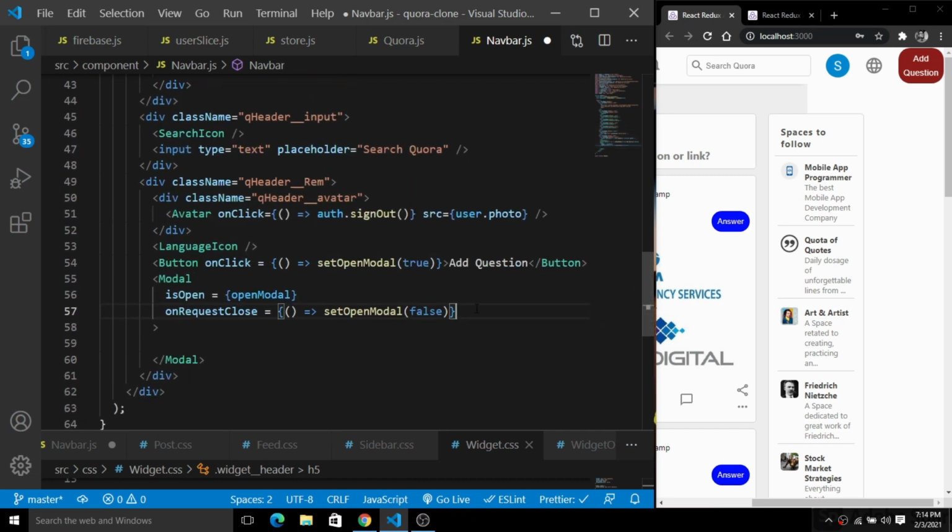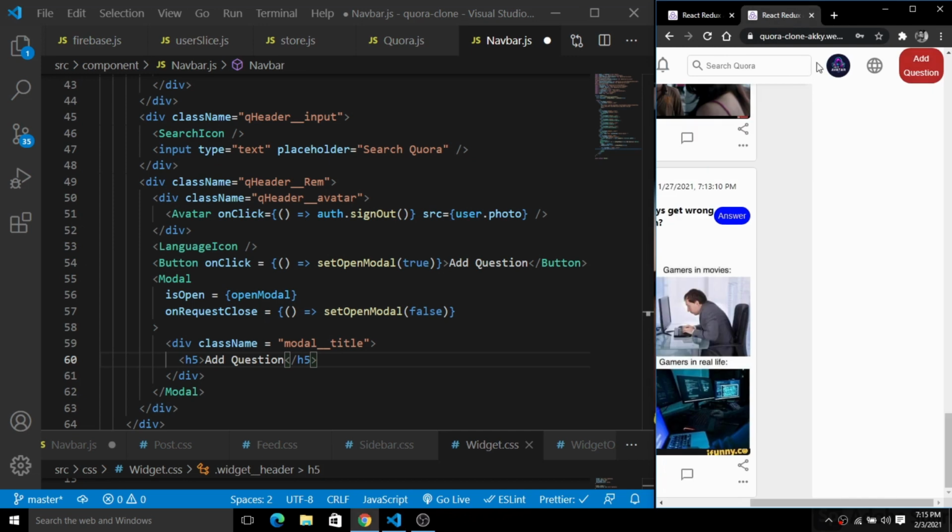Next, I'm going to add a div here to show you the exact coding inside of this. I'm going to create a div inside of this, and we'll give a model title, then close this div. Inside of this div I'm going to put an h5 tag and close it. Inside of this h5 tag we will pass add question, just like this.